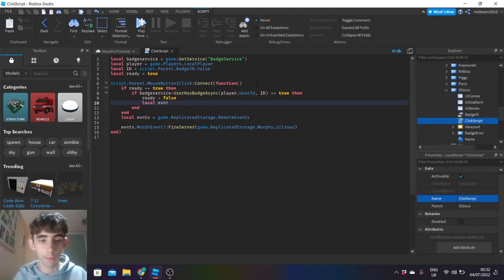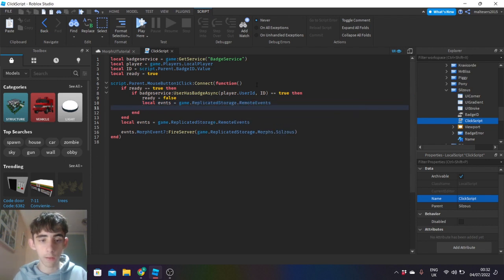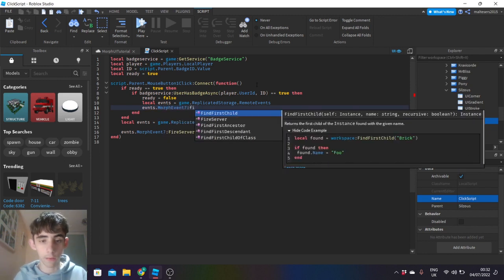We're going to go local events equals game.ReplicatedStorage.RemoteEvents.MorphEvent7, in this case :FireServer(